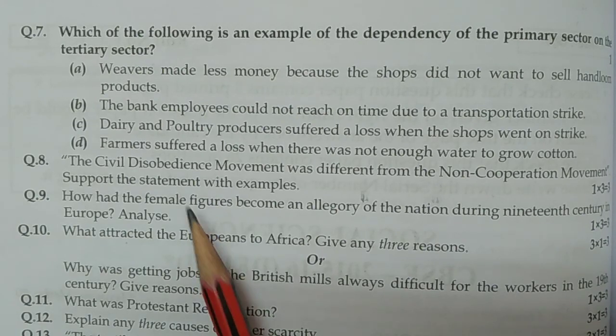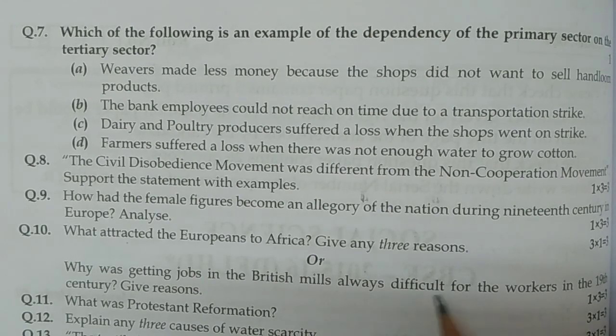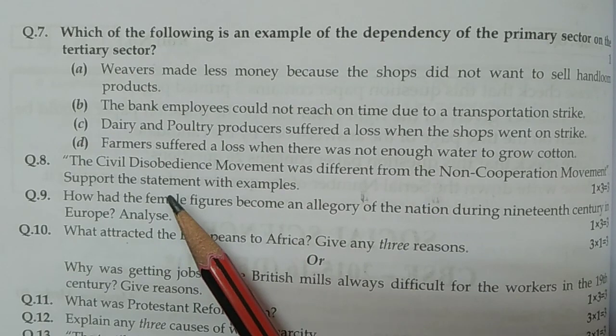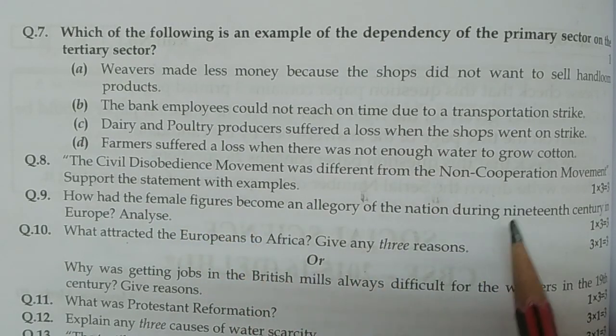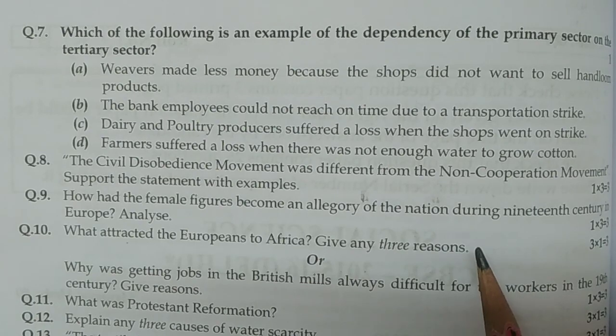We have completed the question papers before this one: 2017-18, then 18, then 19, 20, then 21, 22, 23. Till previous year 23 we have completed, and we are seeing the weightage of the civil disobedience movement and non-cooperation movement here. You must be aware of this very important topic, and you must cover it. It's very important for you.